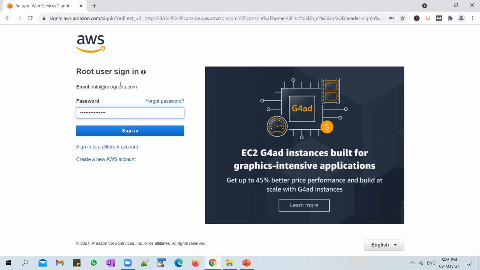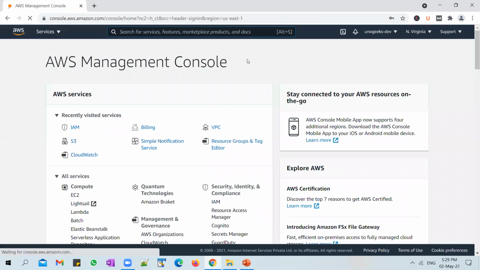So without MFA, you can log into the AWS root account or any IAM user account by just typing in the username and password. If I click on sign in, that's it. I've logged into the AWS console, and once I am in the console, I can do pretty much anything I want.